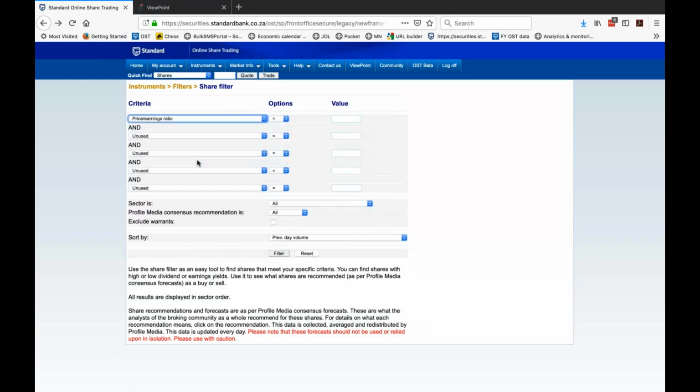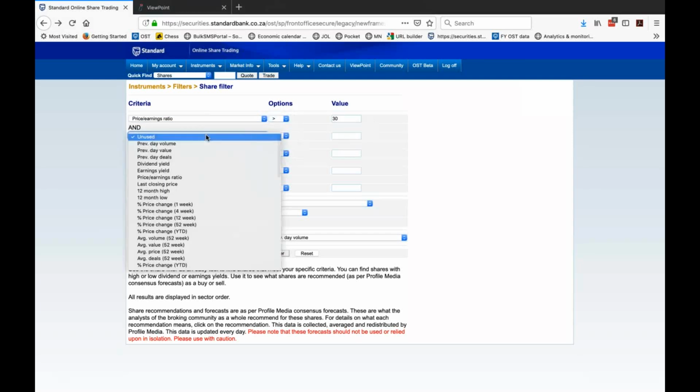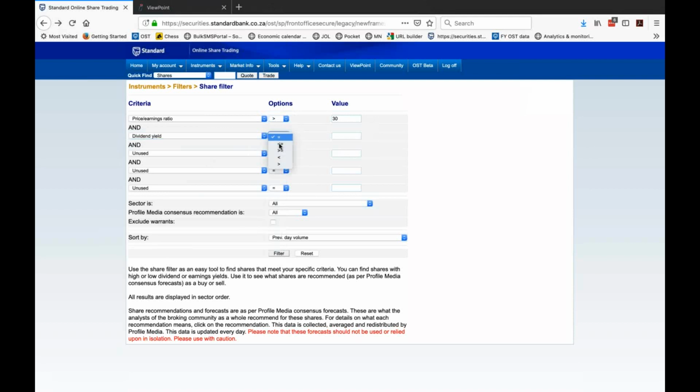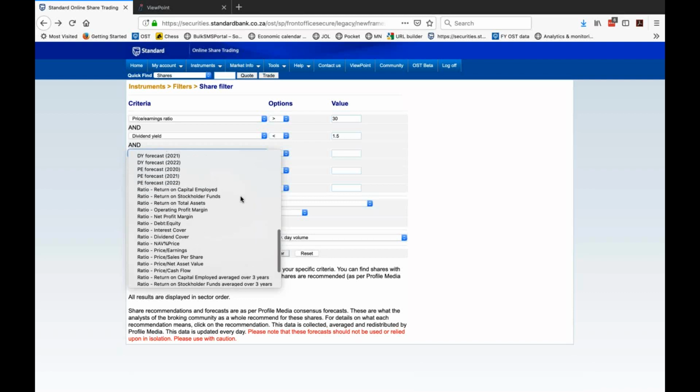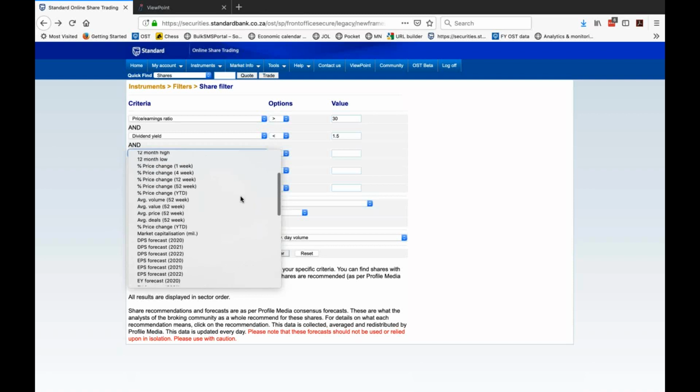A growth stock would typically be a price earnings ratio of probably fairly high, so let's say above 30. Typically a dividend yield moderately low, let's say 1.5. Point, not comma, is very, very important. And what else might indicate me a growth stock? It's mostly going to be that. What I would like to see,